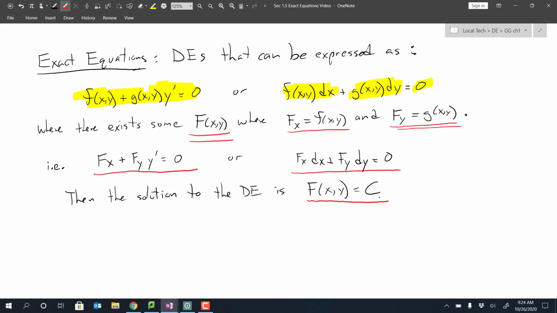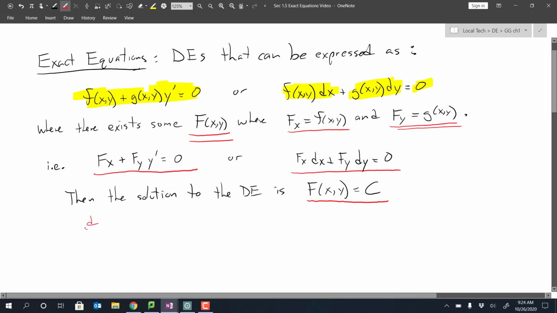So the first question might be why? Why is the solution this simple and why must it have this form? And the answer we can really see by just verifying it's a solution. If this was a solution, we should be able to take the derivative and have it equal the original differential equation. So if I were to actually calculate the derivative with respect to x of this function of two variables, in this case F equals constant,